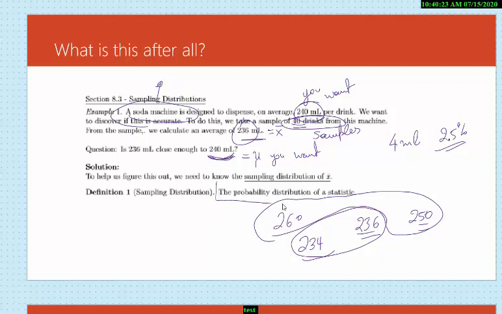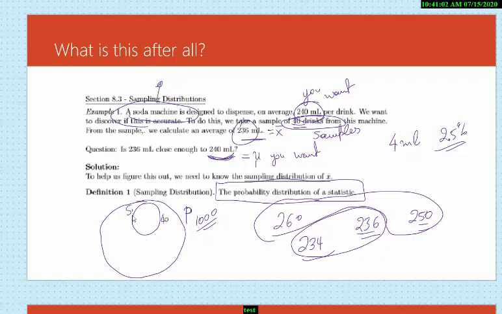And when we discuss sampling distributions, what this means is the probability distribution of a statistic. Oops, confusing. What does this mean? Well, think about the entire population of drinks that are dispensed by this machine. Let's assume that the drinks dispensed from this machine per week, let's take it by week, is 1,000 drinks. Now, if I consider 40 of them,